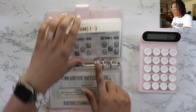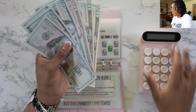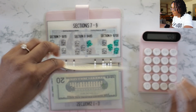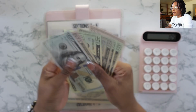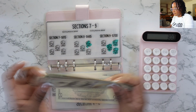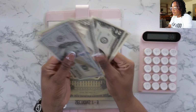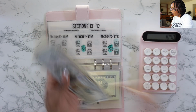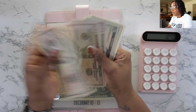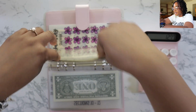So in here, in 10K, in sections 1 through 3, we have 90. Sections 4 through 6, we have 105. Sections 7 through 9, we have 300. Sections 10 through 12, we have 175. Sections 13 through 15, we have 51, 52, 07. We have 1277. I believe this is off